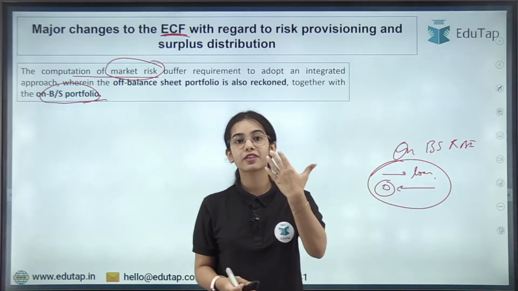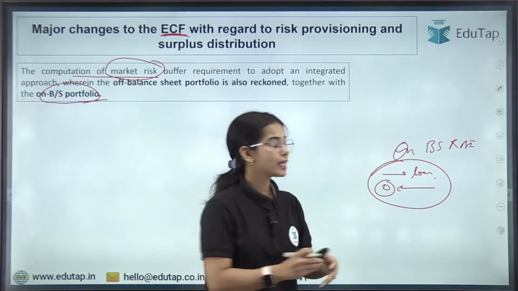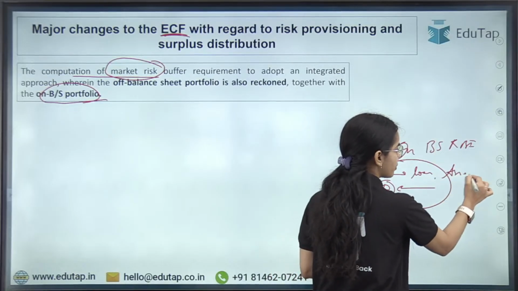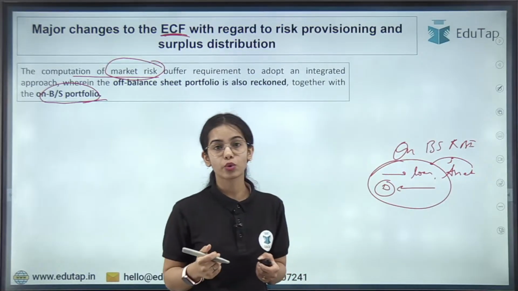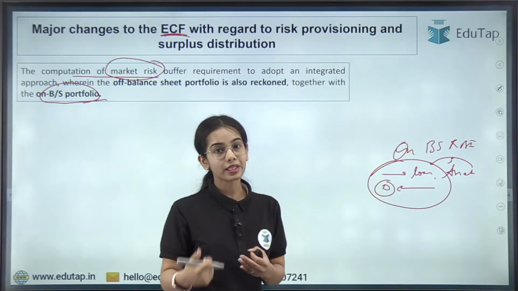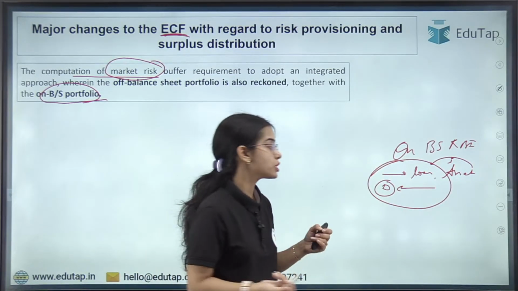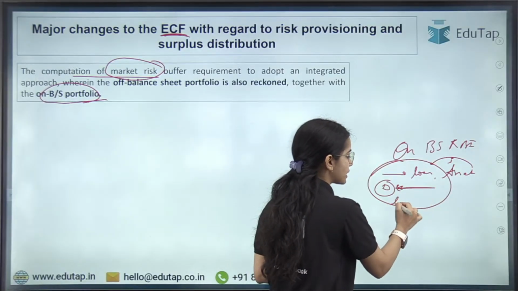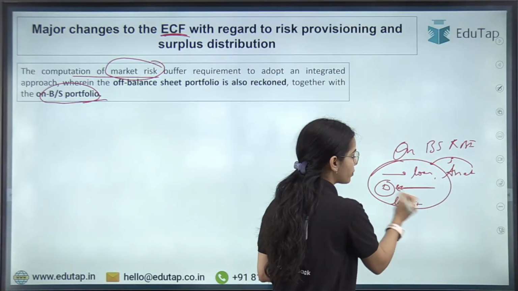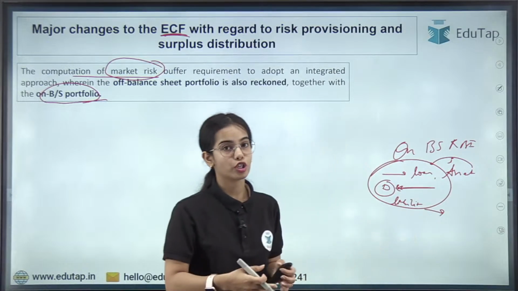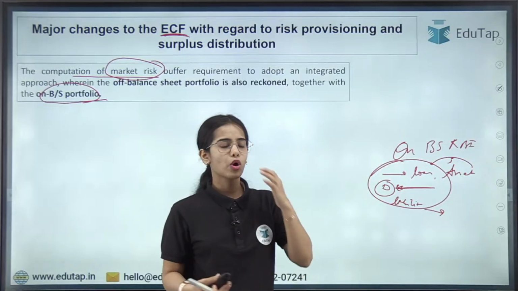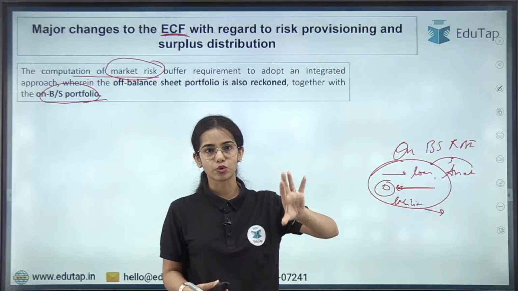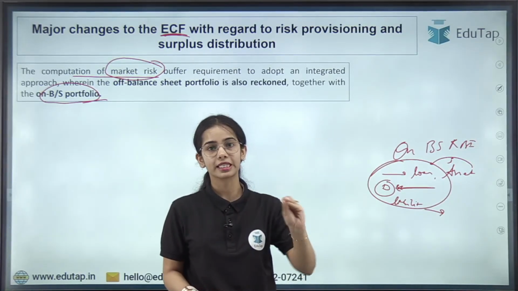So the RBI is giving the loan. If the RBI is giving the loan, that is the asset for the RBI, because on that loan the RBI is going to earn the repo rate, the MSF rate, or the interest rate on the loans. The RBI is taking the deposits, so this is the liability of the RBI, that is the deposits the RBI will have to return in the future. So this is the on balance sheet of the RBI, the day-to-day or the normal functioning that it is doing in the present time.